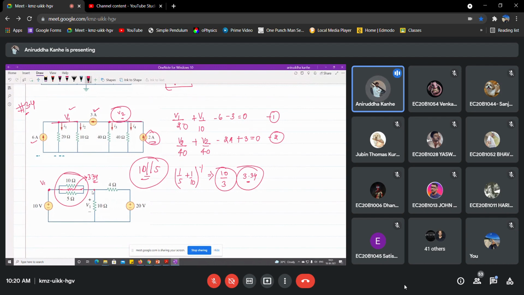This is node number 1. So V1 is already there with 10 ohm given in the question. Obviously that means this node corresponds to V1 voltage. So I will not consider this as a V1 because already this source is connected to it. So obviously this node voltage must be 10 and this node voltage must be 20.